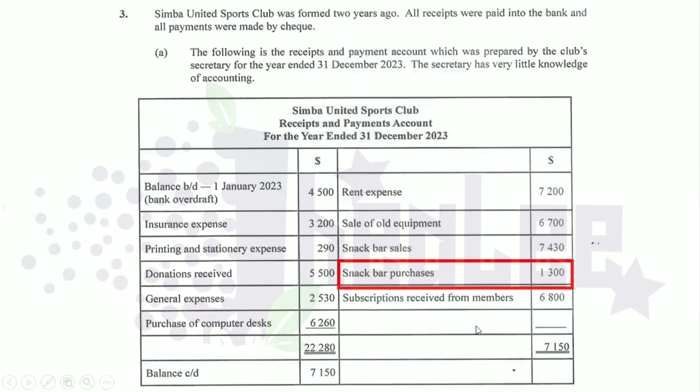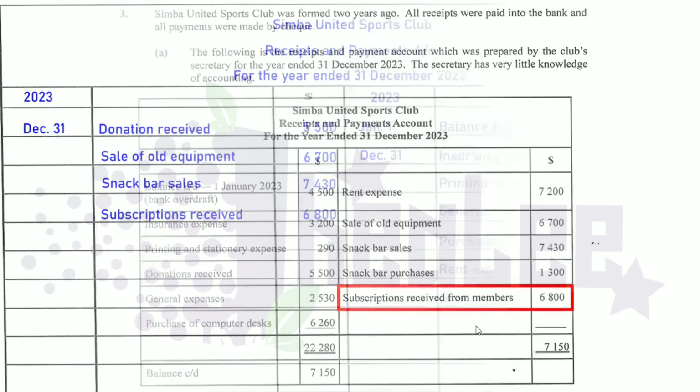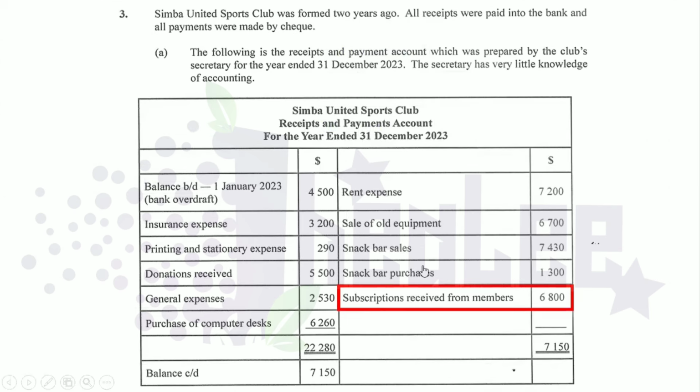Next item is subscriptions received from members. And it said receive. Receive, it means that this should not be on the payment side. This should be on the debit side, which is our receipt side, because the business is getting that money from the members, their subscription, their dues, basically. So that's a receipt for the business. That's an increase in the bank balance. So that should be debited. So let's record that on the debit side in our receipts and payment account. Subscription received, 6,800. And that would take us to the end of everything from the receipts and payment account that